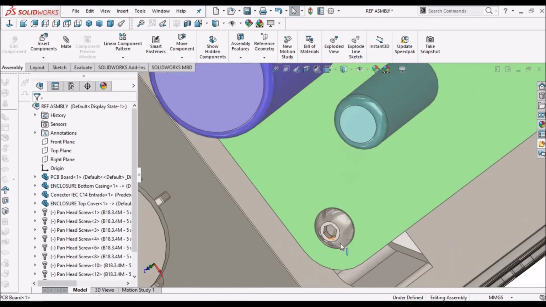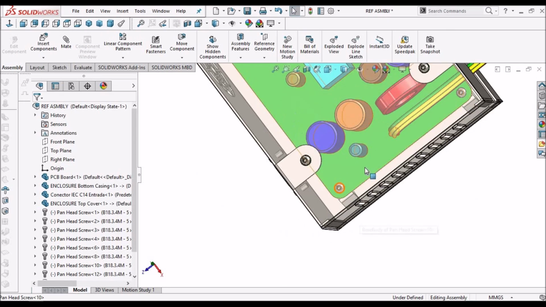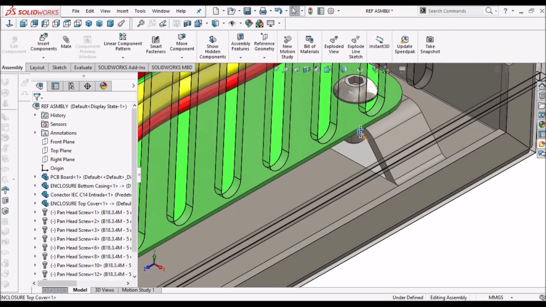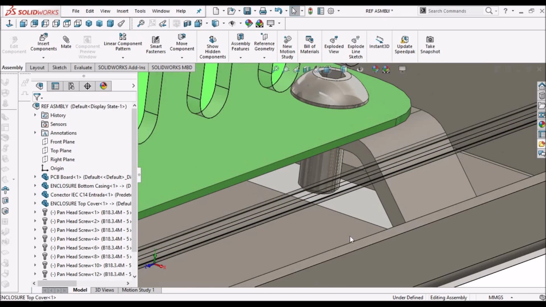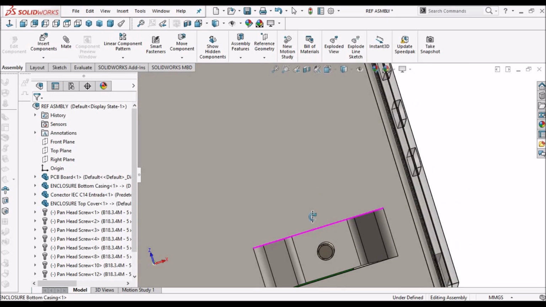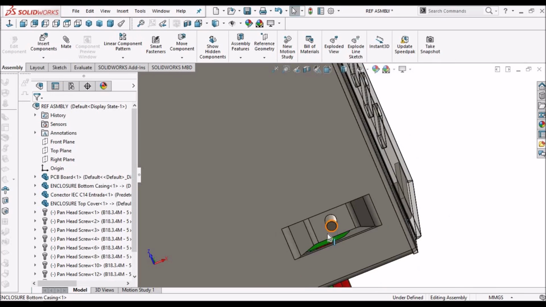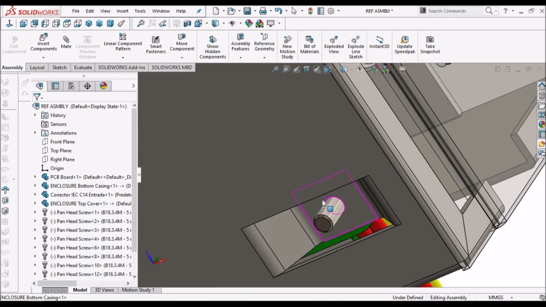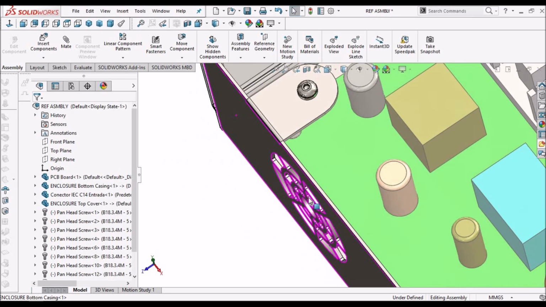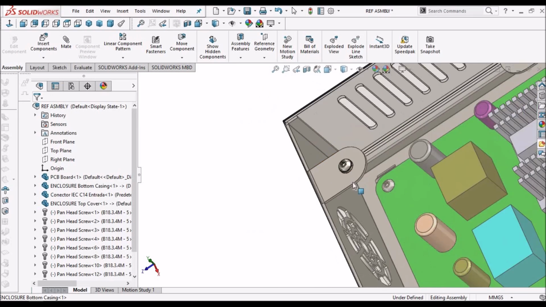So inside, screw fasteners, bridge lens feature, see these usually will be self-threaded screws. So ear flange,